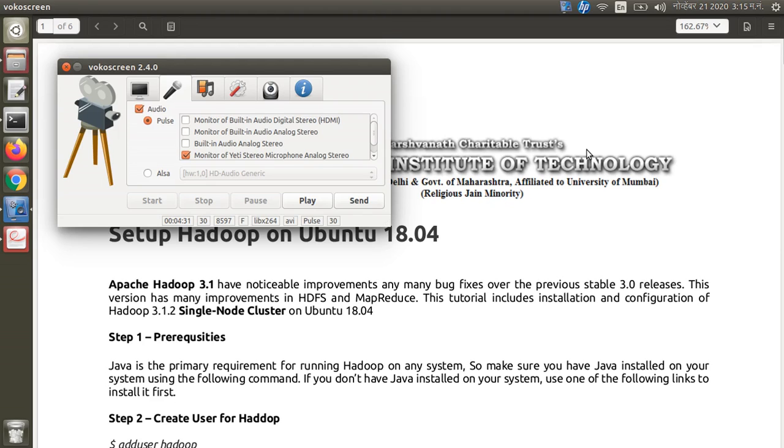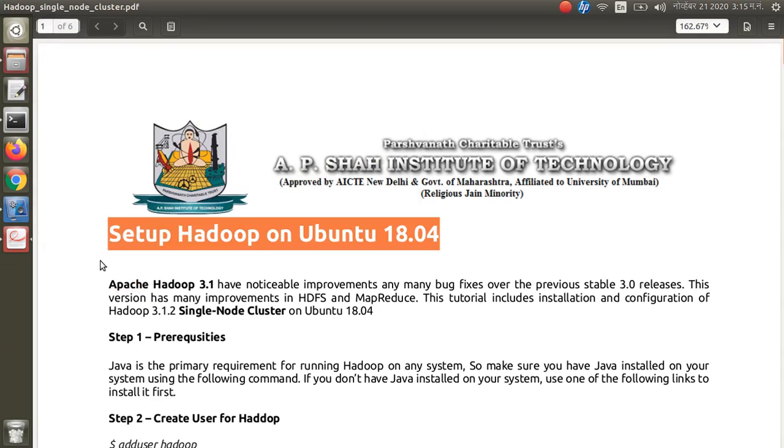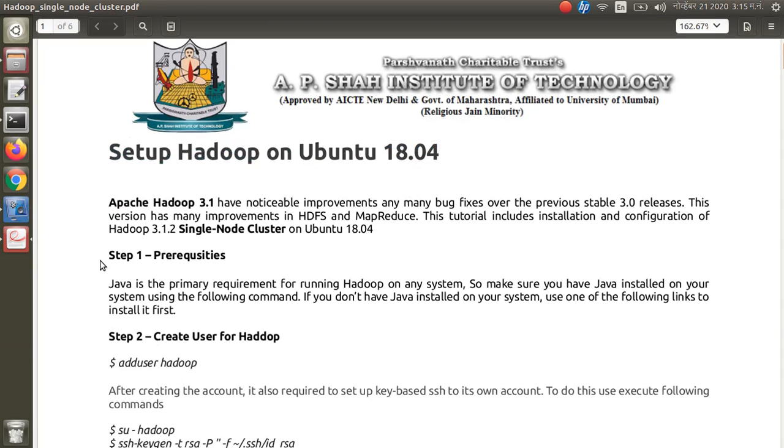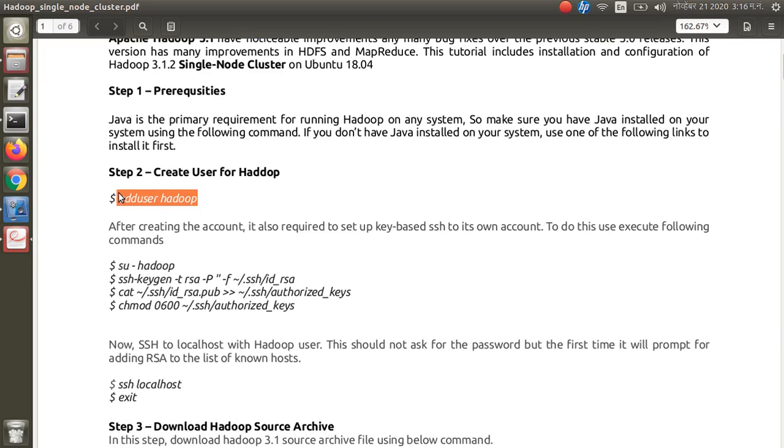Hello friends, here we will try to set up Hadoop on Ubuntu 18.04. Apache Hadoop 3.1 has some prerequisites. It requires a Java environment available on your machine, and we are going to set up Hadoop 3.1.2 single node cluster on Ubuntu 18.04. So first of all we will create a user Hadoop, and inside that we are going